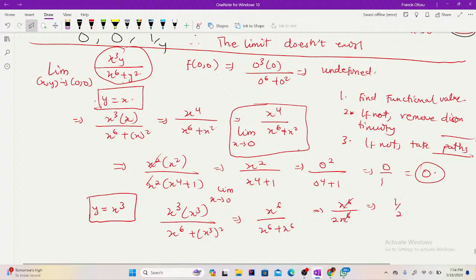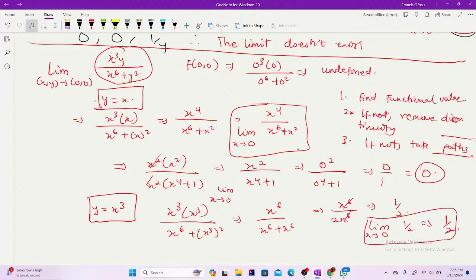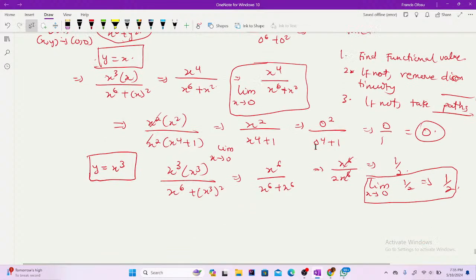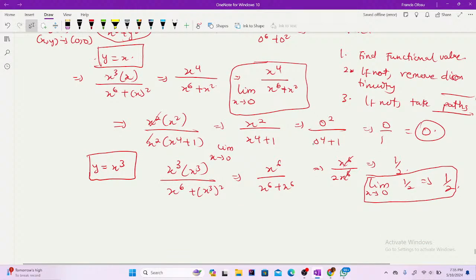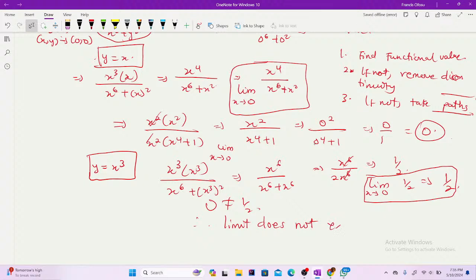1 out of 2. Now I have a function in terms of x only. So as x approaches 0 of 1 out of 2, this obviously gives me 1 out of 2. Remember, it's a property of limits: the limit of every constant function is equal to the constant output, irrespective of where you're approaching. So now I'm getting 1 out of 2, and before I got 0. So 0 is not equal to 1 out of 2. Therefore, the limit